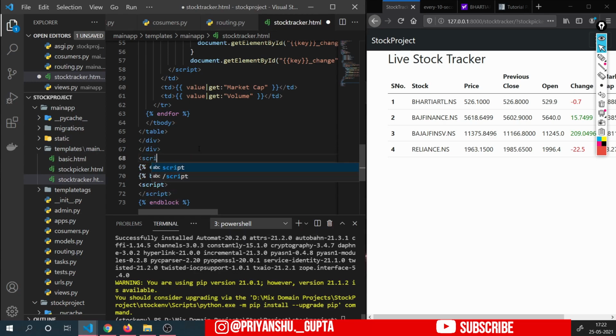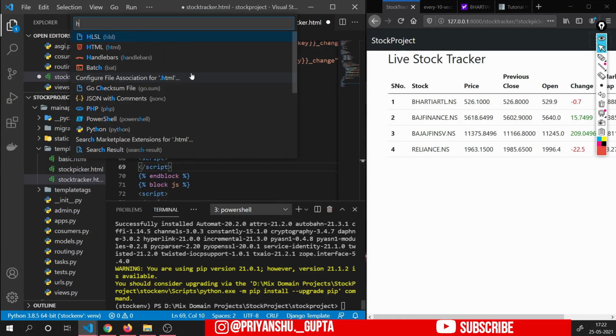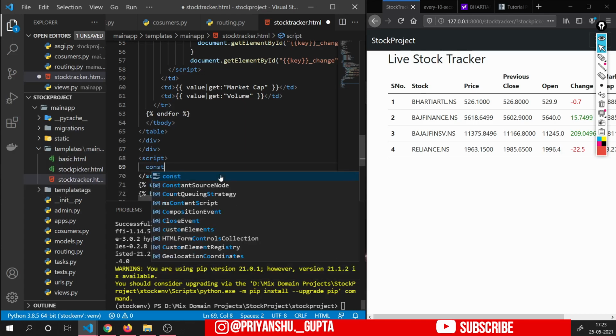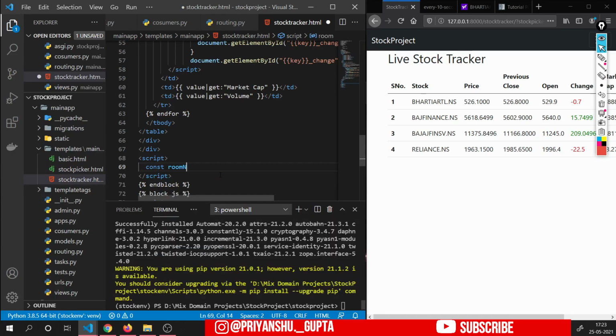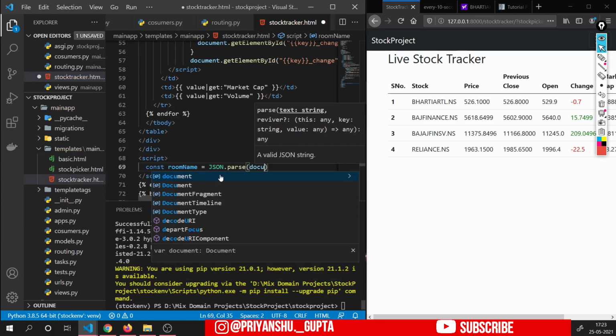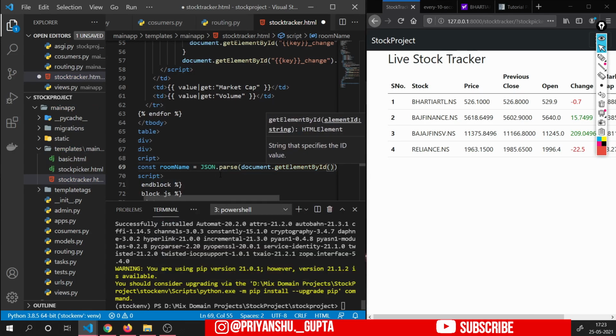Here we will write script, and then inside the script we will have to add this, that is const roomName, and JSON.parse, document.getElementById, room name.